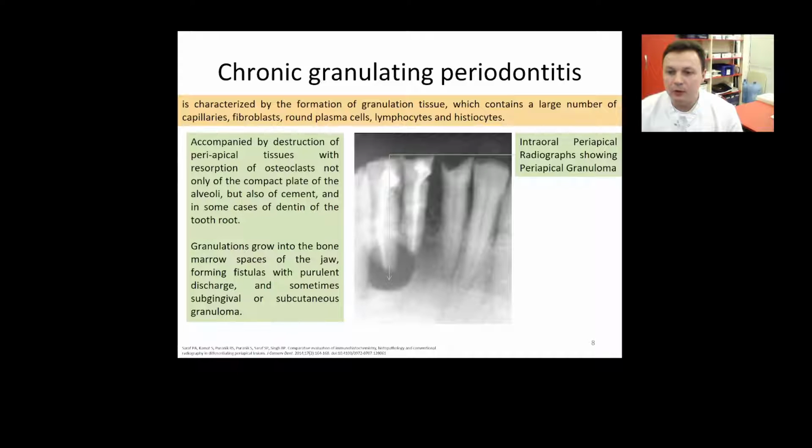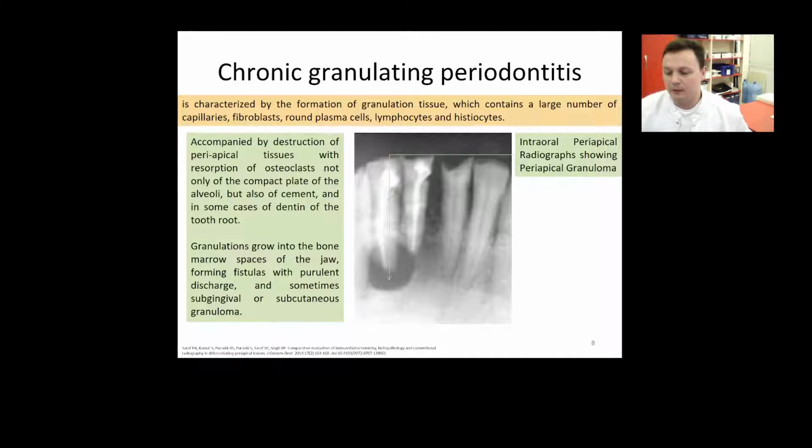Replacement of the apical portion of the periodontal tissue with granulation tissue is accompanied by destruction of periapical tissue with resorption by osteoclasts, not only of the compact plate and alveoli but also of cement and in some cases of dentine of the tooth root. Granulation tissue grows into the bone marrow spaces of the jaw, forming fistulas with purulent discharge and sometimes subgingival or subcutaneous granuloma. Granulation tissue often forms on the wall of the fistulous tract and bulges out of it